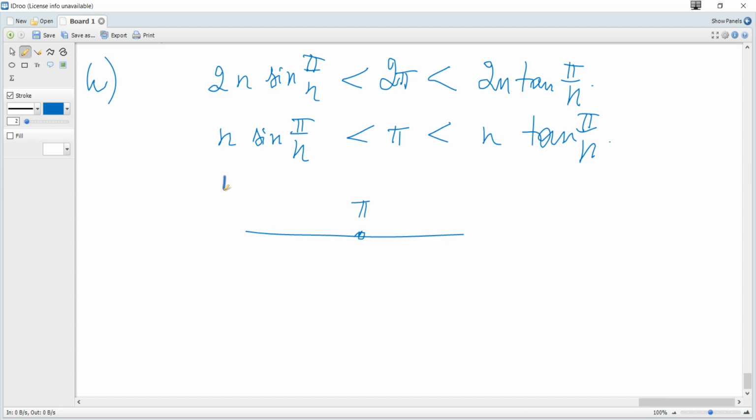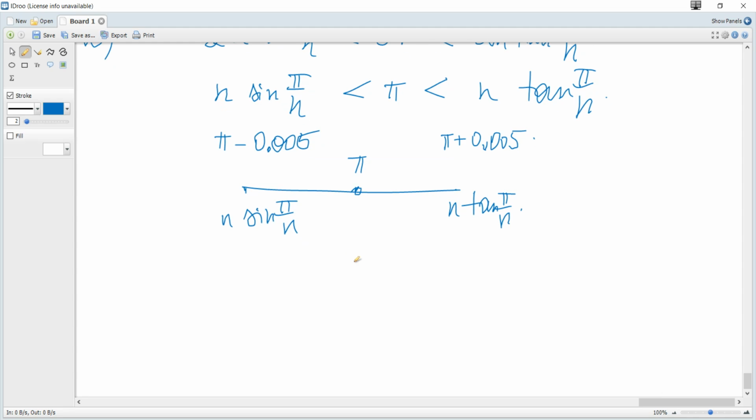Pi, and it must be between pi minus 0.005 and pi plus 0.005, and our lower bound is n sine of pi over n, and our upper bound is n tangent of pi over n. So we can make the next inequalities. To be within 0.005 of pi,